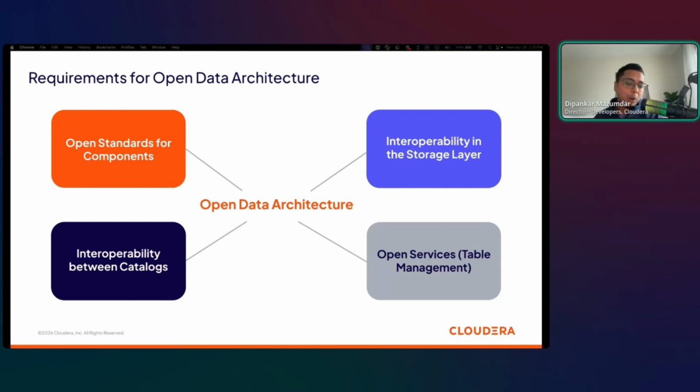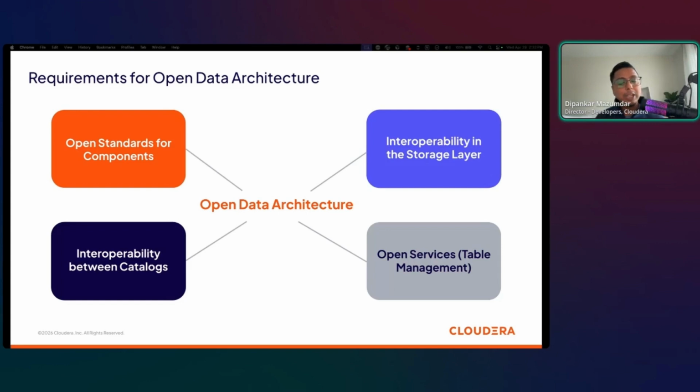Let's say you go with a particular vendor platform, you should have the flexibility to bring in the tools as you would want, or switch to something else if something doesn't work out down the line. The second point is interoperability at the storage layer, which is your data should remain accessible across format, across tools and engine, right? Not tied to one. And this is where we have to think a little bit about the newer file formats and table formats coming in, right? How do we make them interoperable?